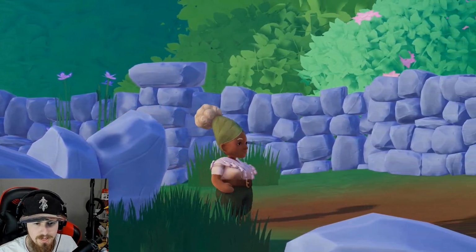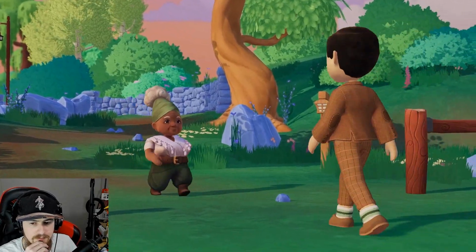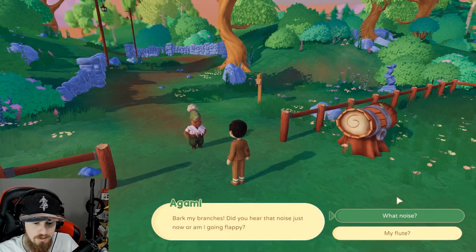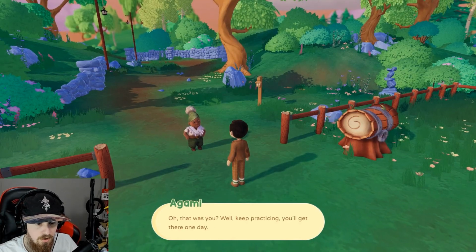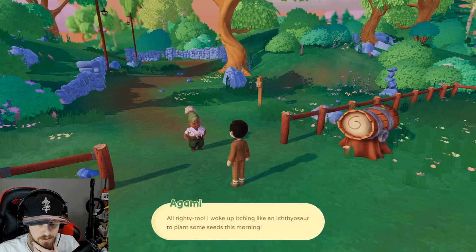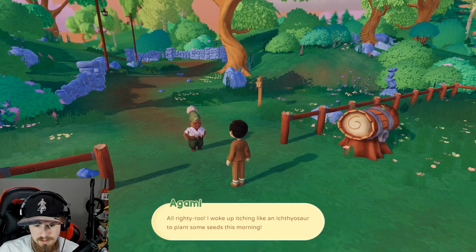Oh, here comes Granny. Bark my barnacles. Did you hear that noise just now, or am I flapping? My flute? Oh, that was you? Well, keep practicing. You'll get there one day. Alrighty, Roo. I woke up itching like a...